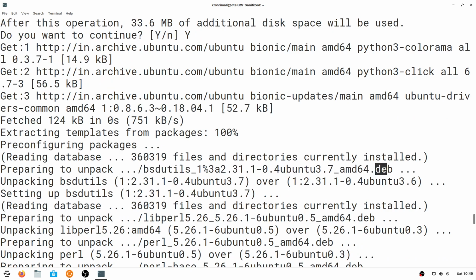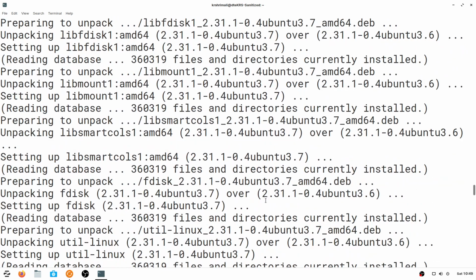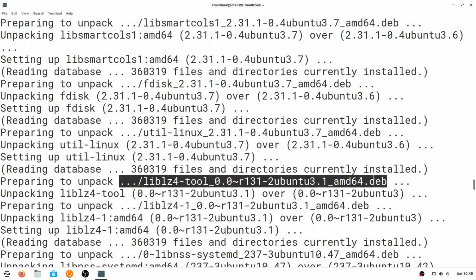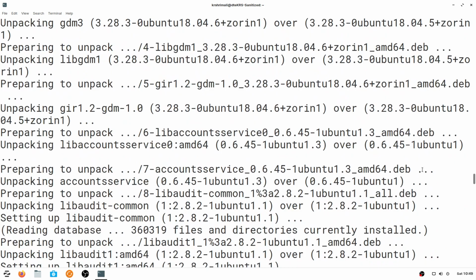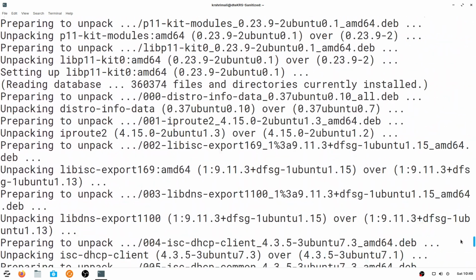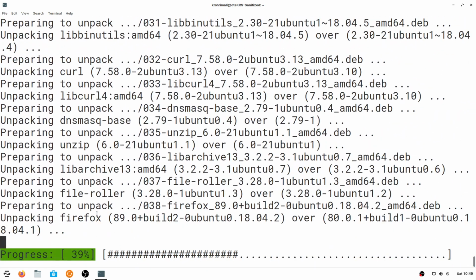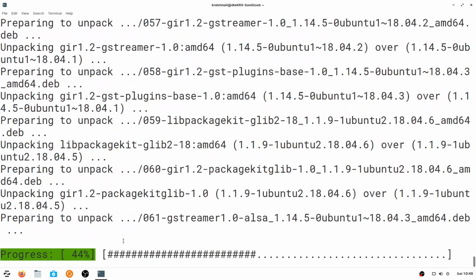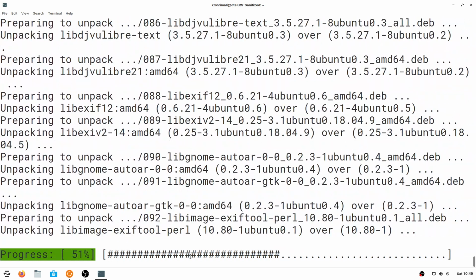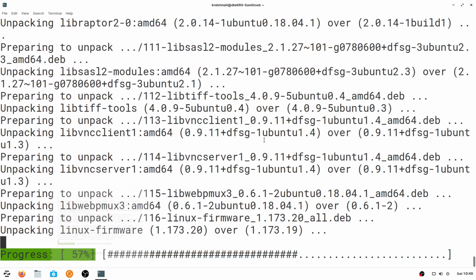You see .deb is the file it downloaded for this particular library or software, whatever, right? And it's unpacking it. That means it's extracting it, in terms of Windows, right? And then unpacking it, then setting up things, and then it's finally installed. So overall, it installs all the .deb files everywhere you can see, because it uses the Debian package manager format. You can see the progress here. So you can just leave it there, let it happen in the background, and let's try to do something else.